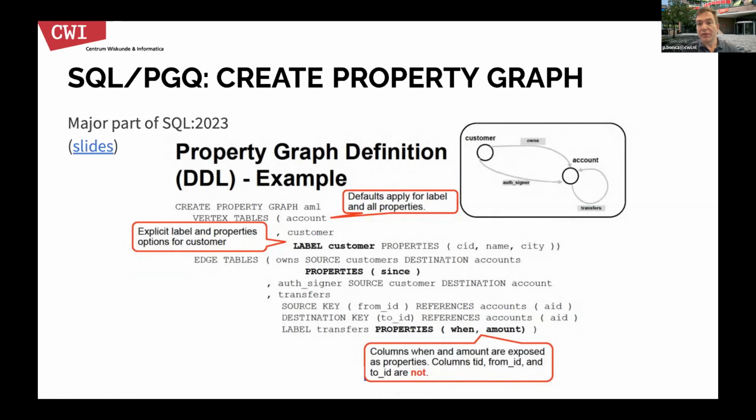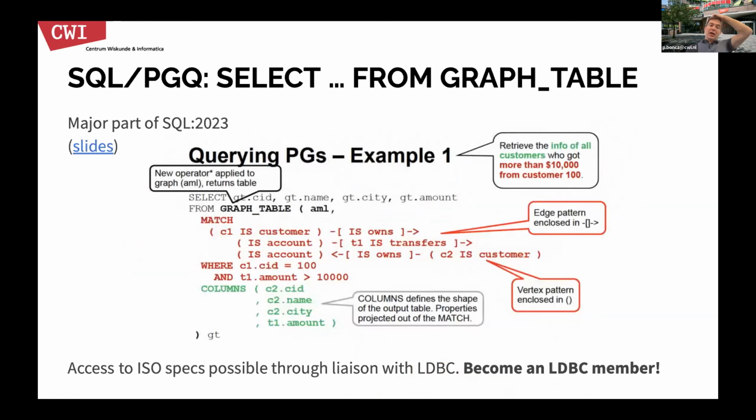So you would have the owns account and the transfers between accounts relationships, the edge relationships, and their properties that you declare in this way. And you also describe in this statement how these vertexes join to the edges. So that's a primary and foreign key relationship, essentially. And then after you define such a property graph view on your relational data, there is a SQL extension